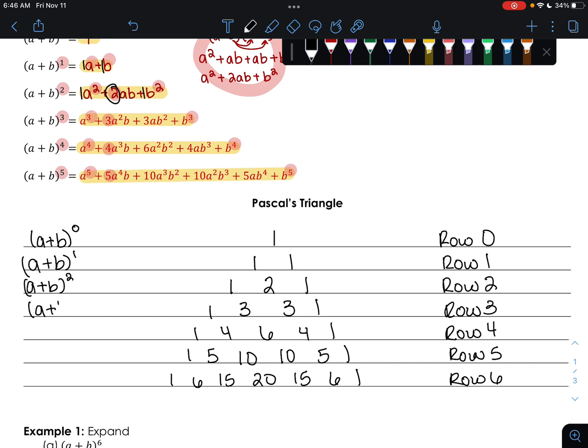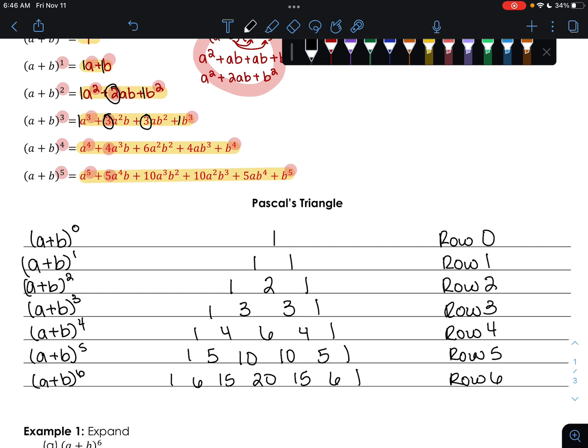(a + b) to the third power is 1, 3, 3, 1. Again, 1, 3, 3, 1. And so it keeps going for everything that we do. So I'm going to go ahead and fill in (a + b) to the fourth, (a + b) to the fifth, (a + b) to the sixth